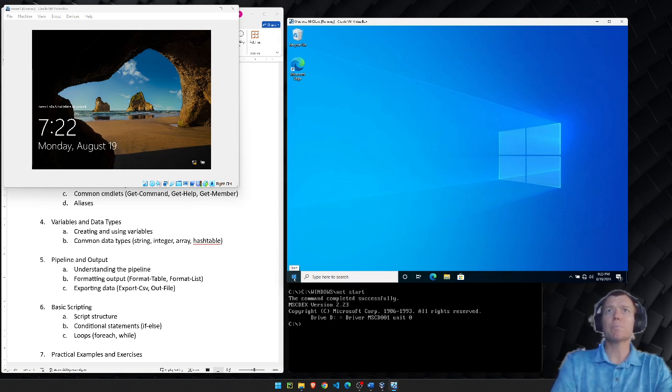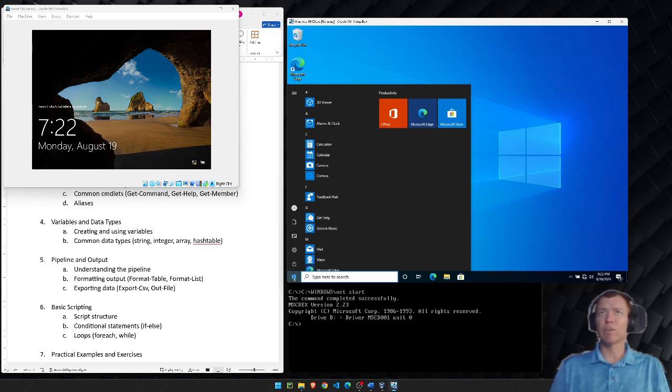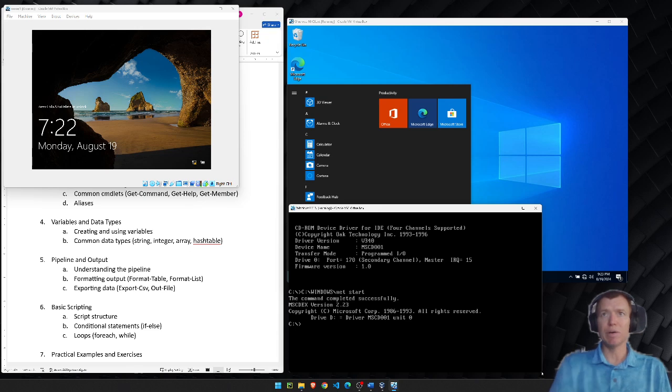Okay, good. We're going to get PowerShell going over here in our Windows 10 client. But before we do that, I want to talk a little bit about the history of PowerShell. And the best thing to do when you're trying to learn something new is go find out about it. I always use